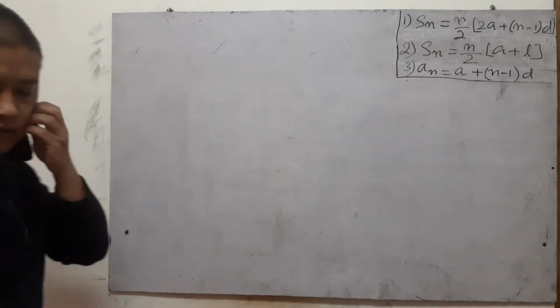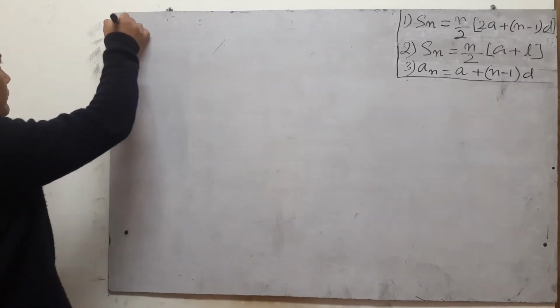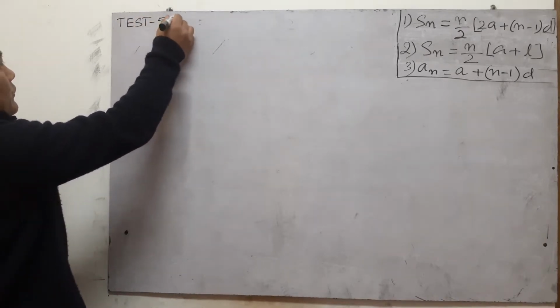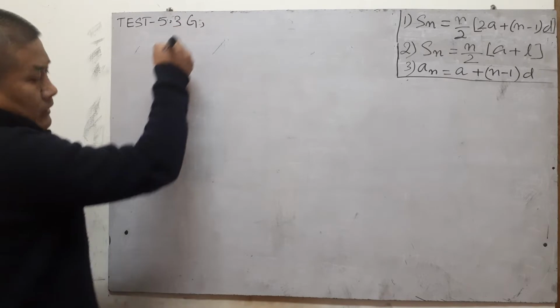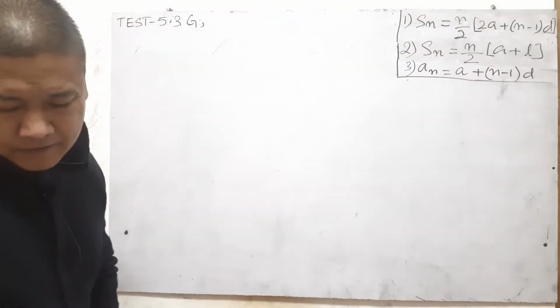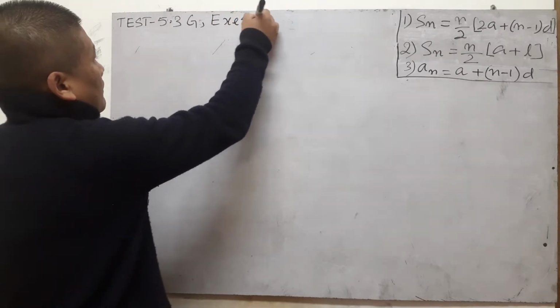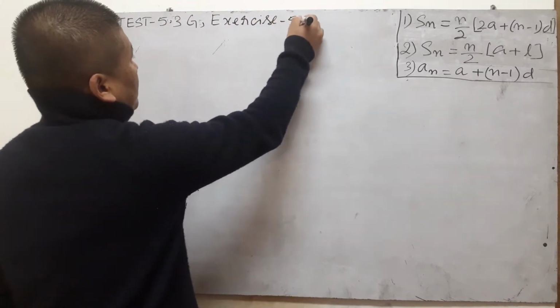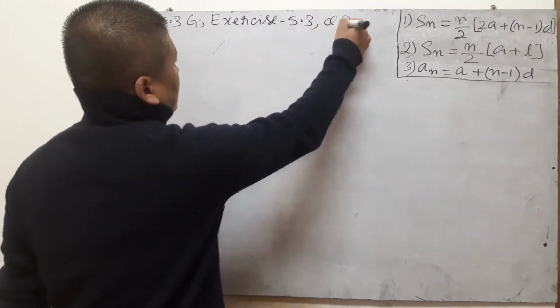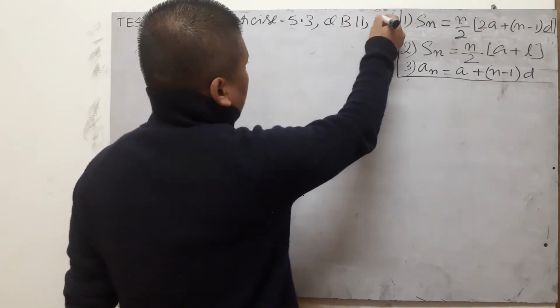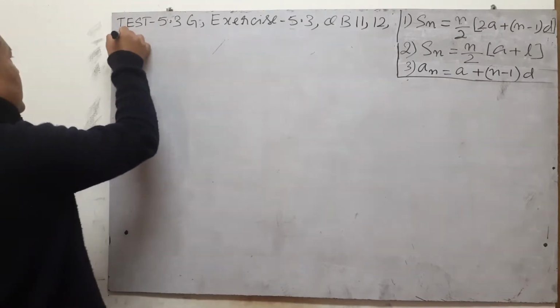Okay, so the next test, you follow me and write it here. Your test, 5.3G, I think. Okay, this will include your exercise 5.3 question B. I think 11 and 12, two of them, 11 and 12. We'll find this in the textbook,